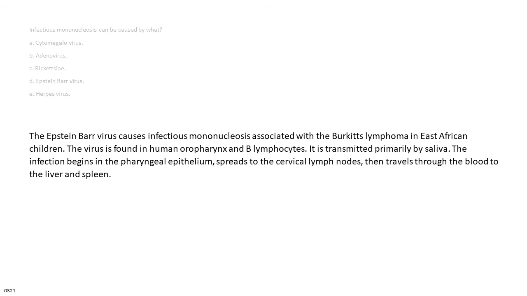The Epstein-Barr virus causes infectious mononucleosis associated with Burkitt's lymphoma in East African children. The virus is found in the human oropharynx and B lymphocytes. It is transmitted primarily by saliva. The infection begins in the pharyngeal epithelium, spreads to the cervical lymph nodes, then travels through the blood to the